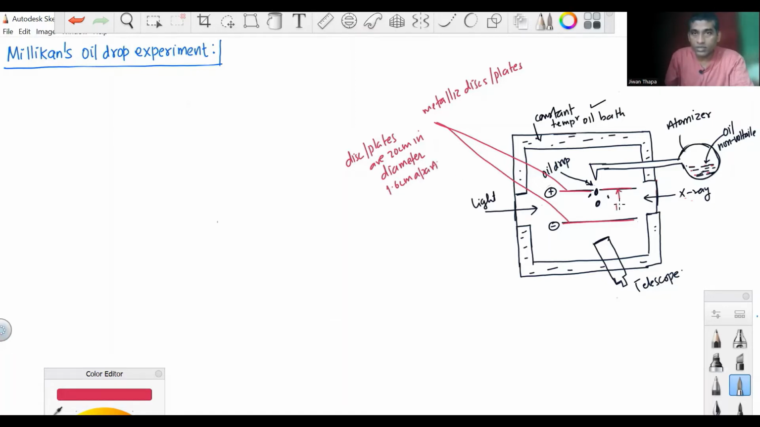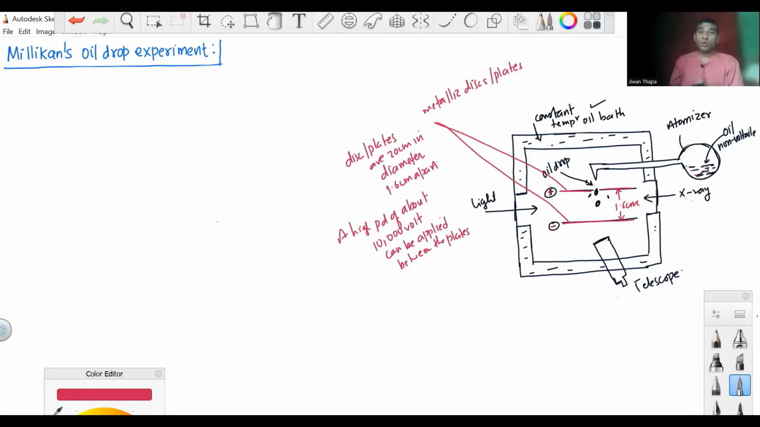So the distance between the discs or plates is 1.6 centimeter, and a high potential difference of about 10,000 volt can be applied between the plates or discs, and oil is sprayed inside this chamber with the help of an atomizer, and the oil